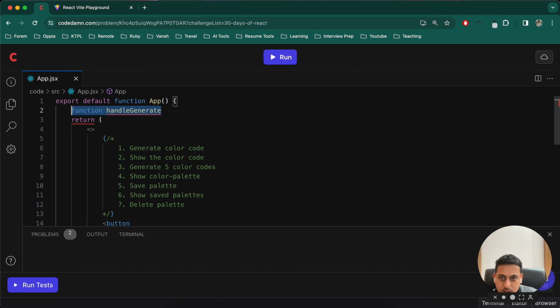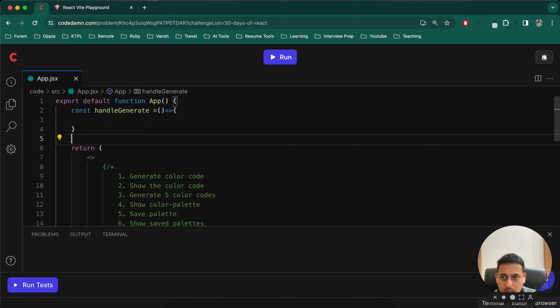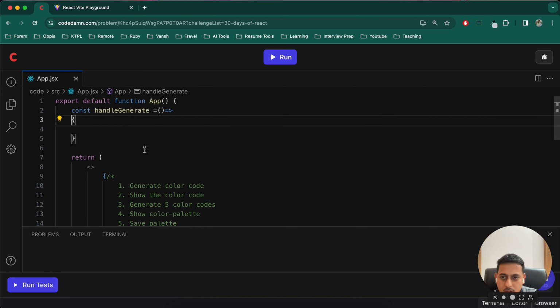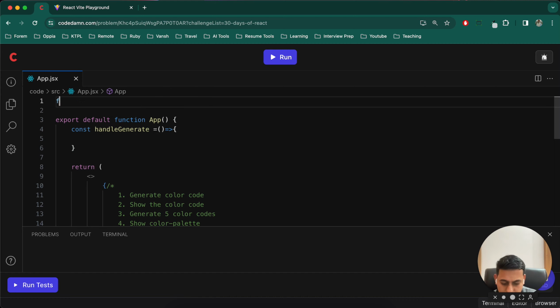Const handleGenerate. And this should generate a random color code for us. So for that, I'll separate that function actually. Function generate